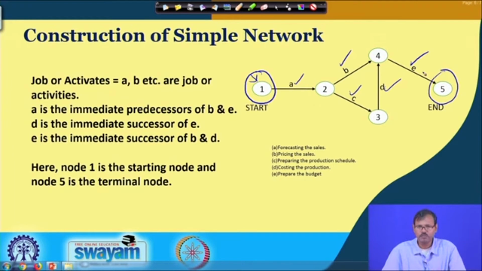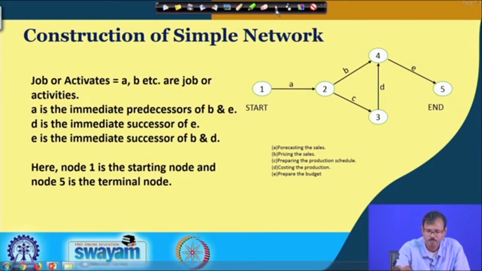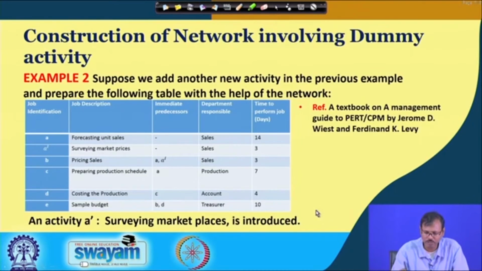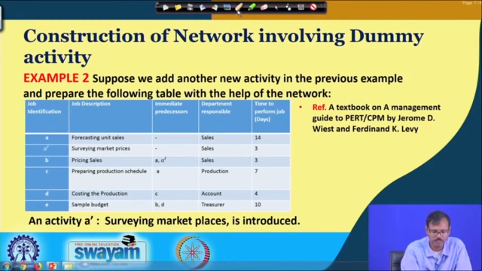So, this type of network formation is called a project graph, and by the way we are presenting it, where the jobs are given on the arrow, that is why it is called an arrow diagram, and using this arrow diagram we are preparing the network. But there are some drawbacks to this. Let us see how those problems arise when you are preparing the network based on the arrow diagram. Let us consider the first example, but let us add another job in this, that is the market